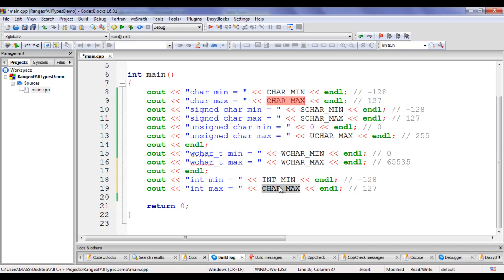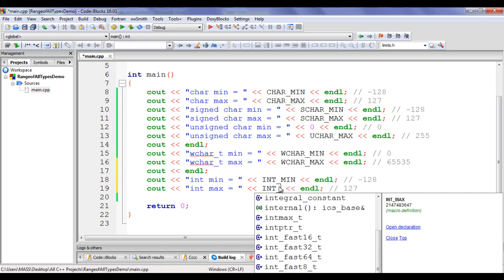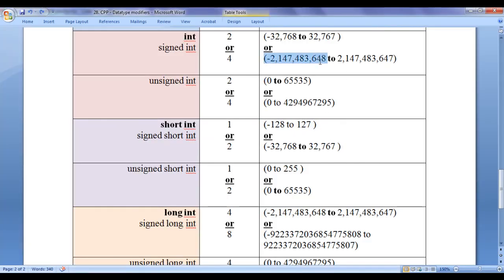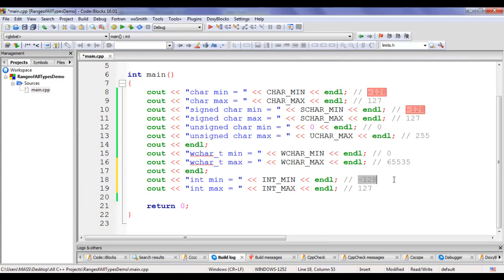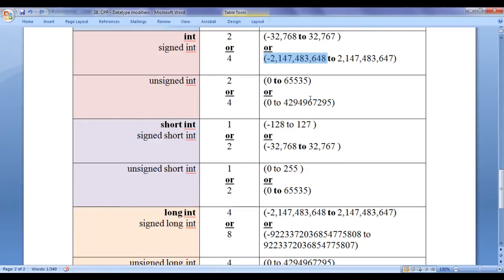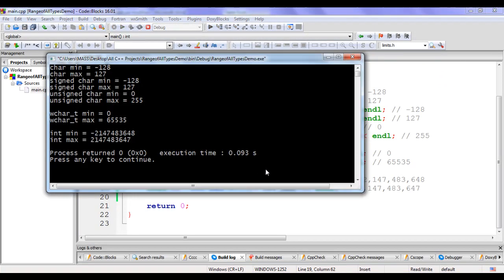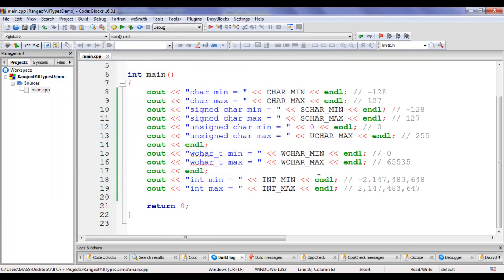We have the constant INT_MAX. INT_MIN returns this value in my computer system and INT_MAX returns this value in my computer system, guys. If I say build and run, you can see that it has displayed int min is equal to minus 2,147,483,648 and int max is 2,147,483,647. I hit enter to close the console window.